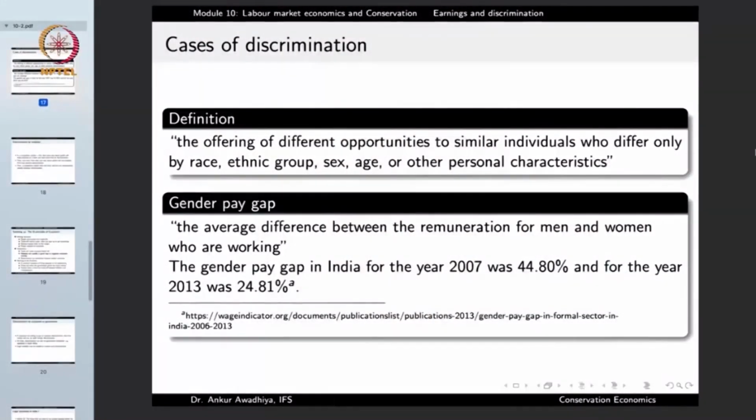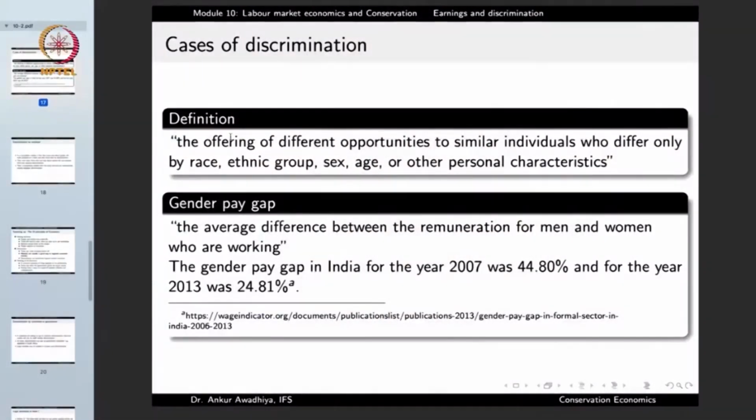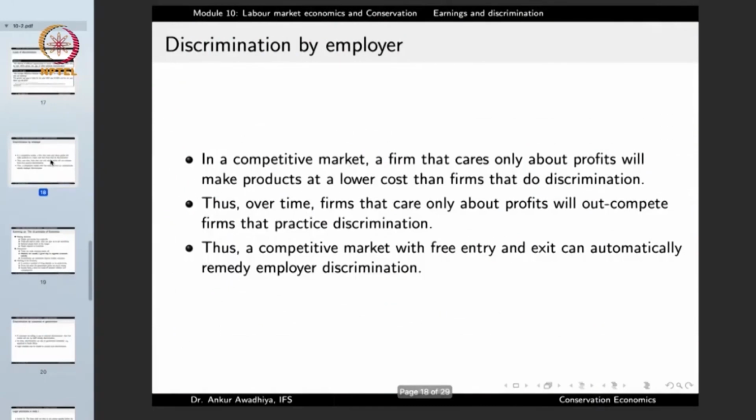In our country, the gender pay gap in the year 2007 was 44.8%, and for the year 2013 was 24.81%. So we are observing that as our society is modernizing, the gender pay gap is reducing, but we still have a long way to go. So this is an example of discrimination. Now,